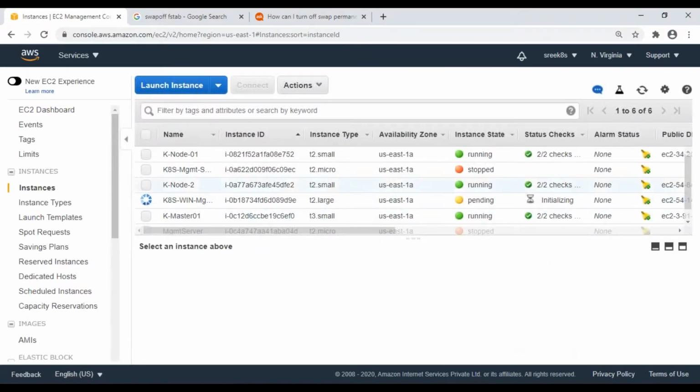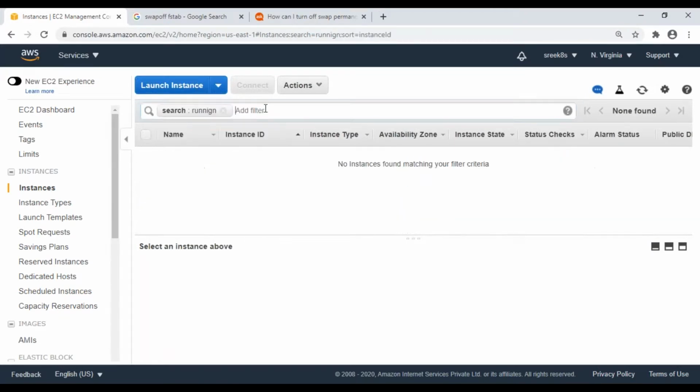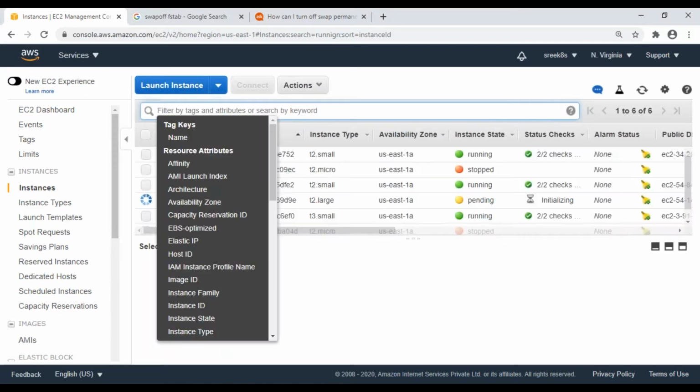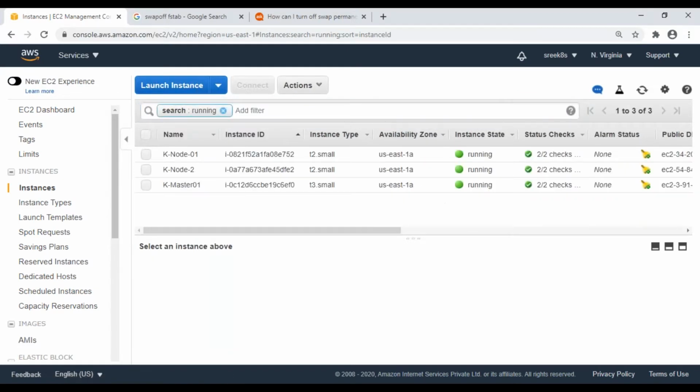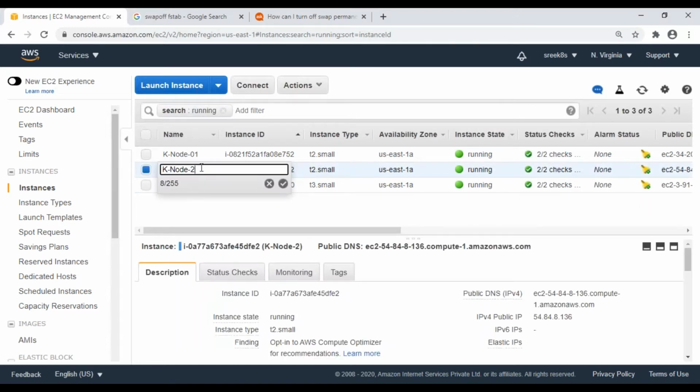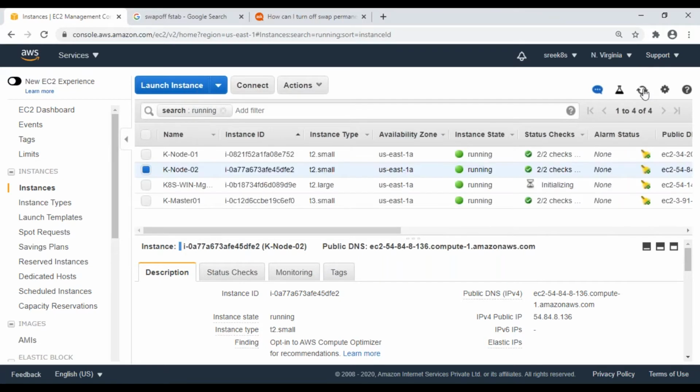So normally in general, I'm going to put running. So kmaster 02. This. Okay, I got my Windows master, but one thing I need to do is wait for a while, by the way, because in order to log into a Windows server, it will take 4 minutes to commit actually. So then once I commit, what I'm going to